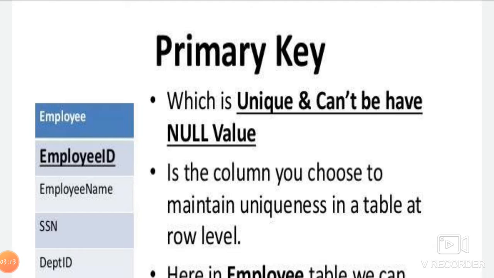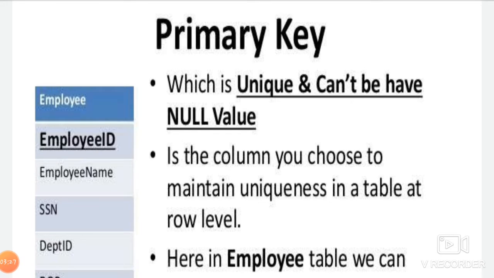So the primary key should be unique and it should not hold any null values. What is the meaning of null value here? Null means empty. It should not be empty. If you make a particular attribute a primary key, then that attribute should not have a null value in it. Definitely some values have to be there. Then only it will be called a primary key. And one more thing, it should be unique. It should not be the same. For example, if two persons share the same name, then name will not be the primary key, right? Primary key means it should be the unique one.